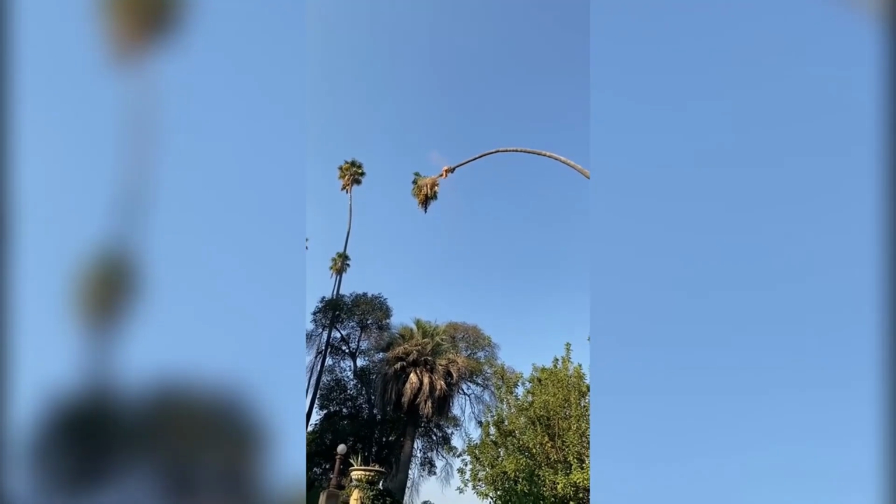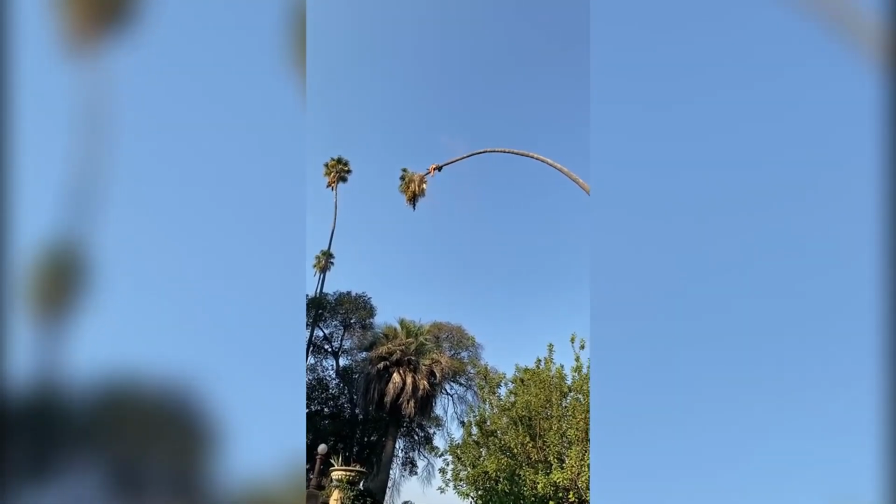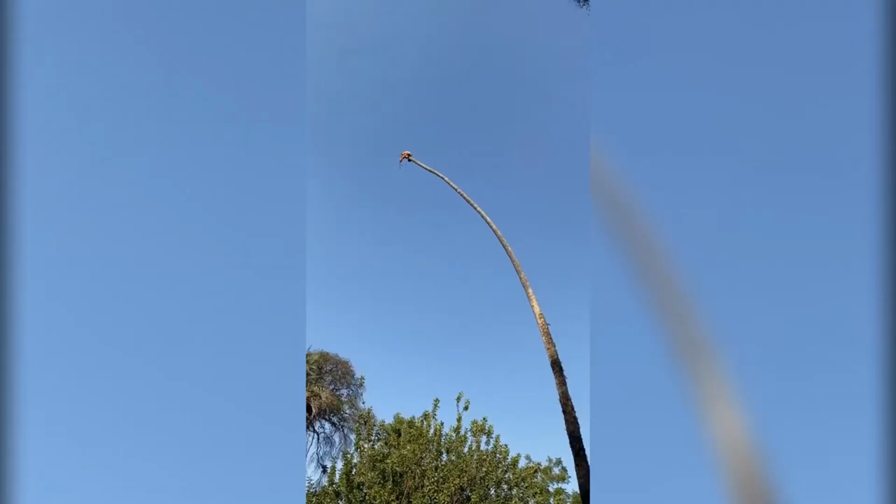This is the most dangerous clip in the video. A man is perched at the very top of a palm tree under enormous tension. The moment he makes his